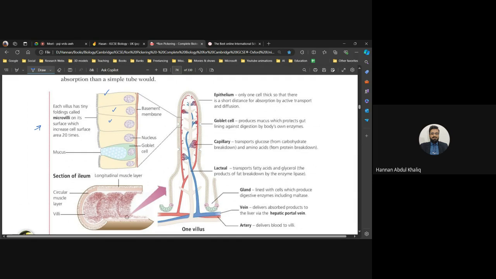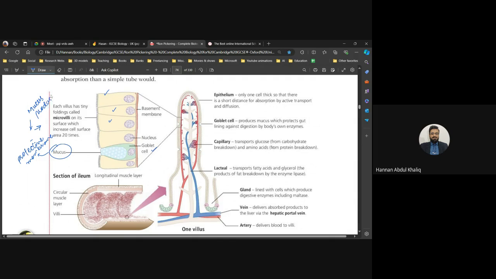And then after that, we have some other cells which are called goblet cells. Goblet cells are there for mucus, and mucus is basically the protective membrane. If the mucus is absent, then it would result in severe ulcer formations. And remember that the mucus production is reduced